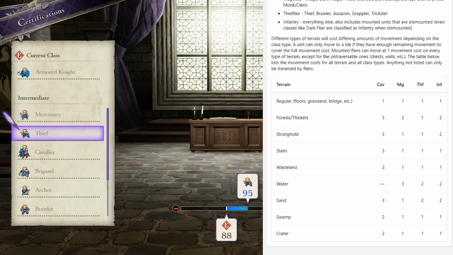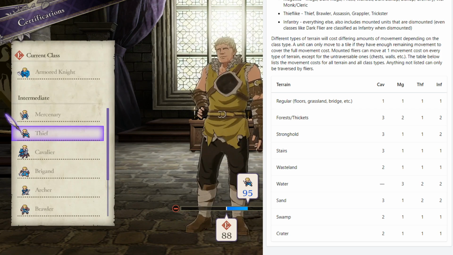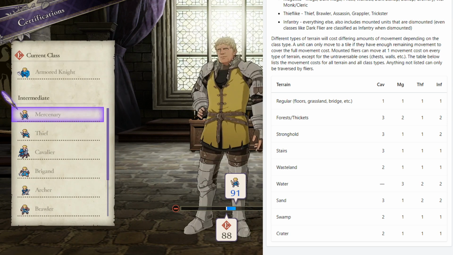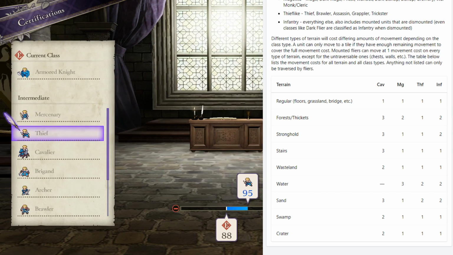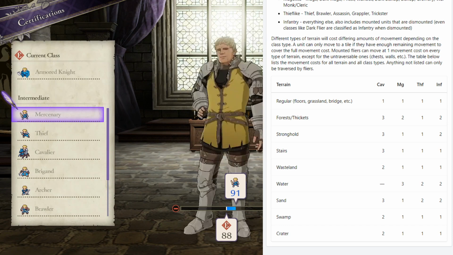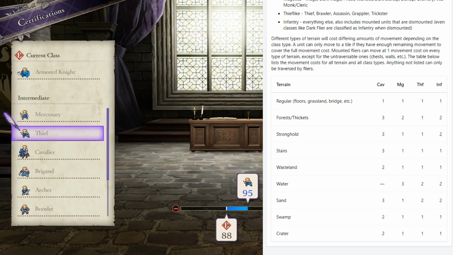Especially once you get into Assassin, which has higher movement than other classes. So, Mercenary generally has better stats, in my opinion. I like the extra strength and the extra HP that it gets compared to Thief. I mean, he does lose out on a couple points of speed, but it makes for an interesting case with